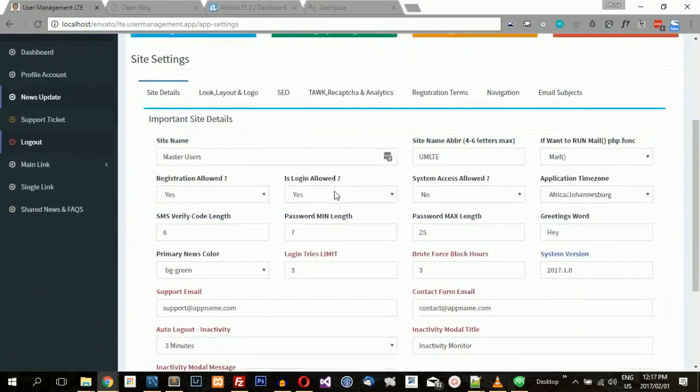SMS verification code. The next future updates will actually include an API from Clickatell for sending verification messages. These are more like the security things. So the minimum password, the maximum, the default, the network protection, which is how many login attempts you allow, how many times you allow a person to try to log in. You log the person by username, whichever was found. And then here is how many hours you